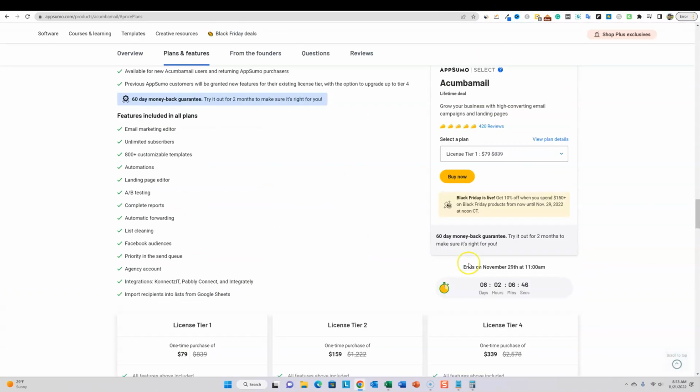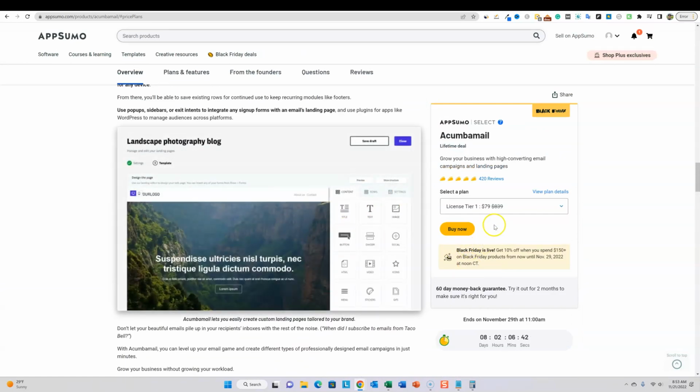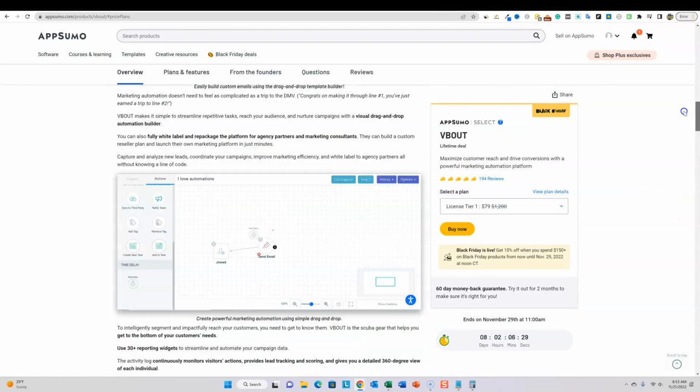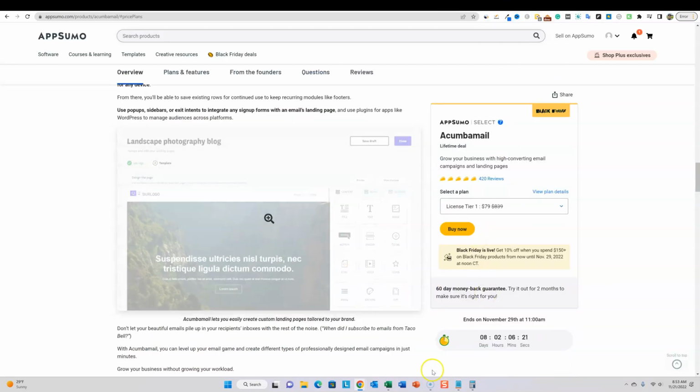So if I had to guess, Akumba Mail is going to win when it comes to people picking this tool up just based on what they give you for the price, and then they have 420 reviews, almost. It's about a 4.9 rating right there. So Akumba Mail, this is one I'm thinking about getting. If I had to choose between the two, just based on looking at what you get, I probably would also go with Akumba Mail with the more reviews, the better pricing,